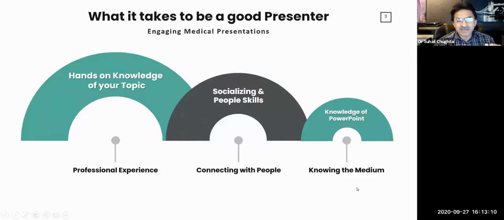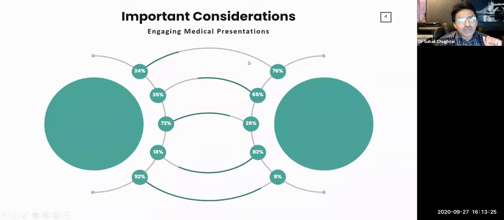The next part is, of course, the knowledge of the medium, whether you're using a simple JPEG slide viewer or a PowerPoint or Prezi. There are so many softwares. PowerPoint is one of the most common ones. So I'll stick myself to PowerPoint today. Now, what are the important considerations which I want to share with you today would be, first of all, when